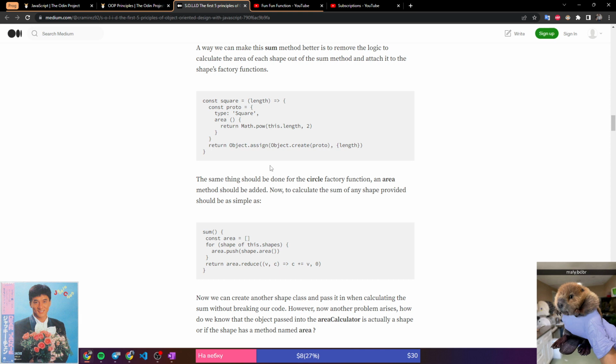The same thing should be done for the circle factory function, and an area method should be added. Now to calculate the sum of any shape provided should be as simple as